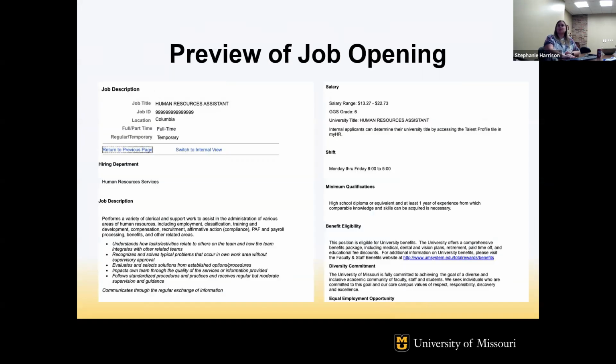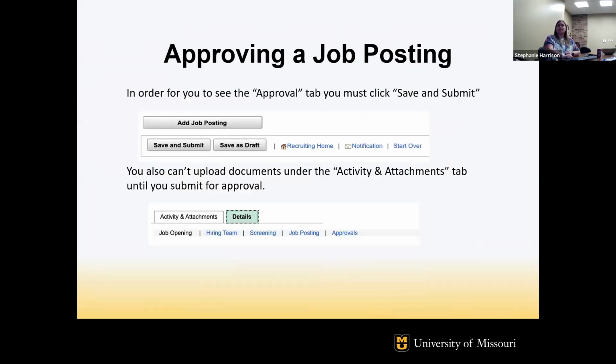Okay. So once you've looked over your preview and you click on return to previous page,